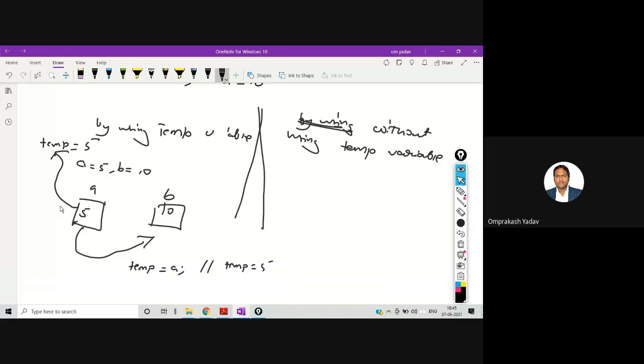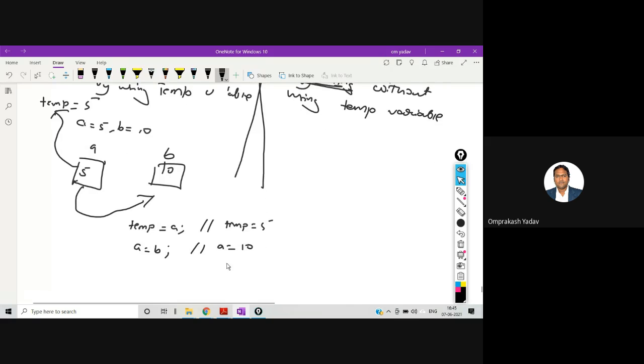Now, since I have stored a's value inside temp, we can overwrite this place because we have preserved a's value. Now I will write a is equal to b. Once we write this, a will take the value 10. It doesn't matter because a's value will be overwritten. At the place of 5, 10 will be overwritten, but it doesn't matter because we have already saved a's value inside some other variable.